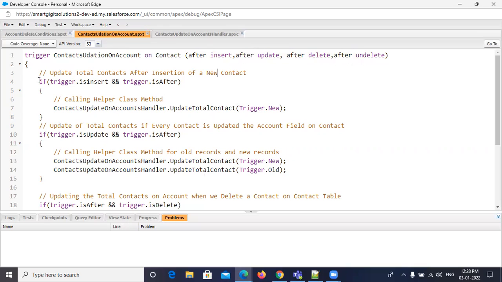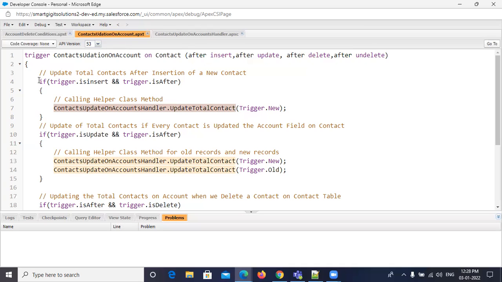What is the first one? Trigger.isInsert and Trigger.isAfter. If this condition is satisfied, it calls a method. This is the class name, ContactsUpdateOnAccountsHelper.updateTotalContacts. This is the method called with the class name.